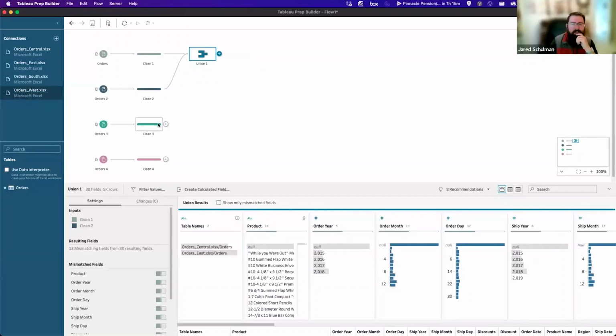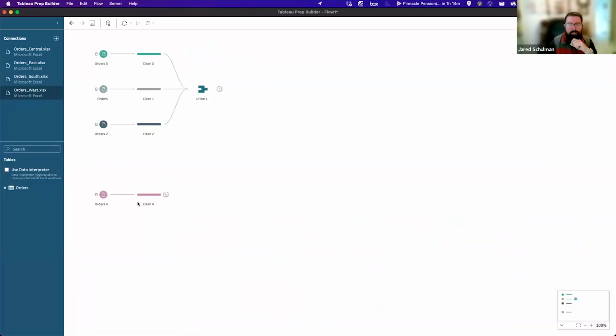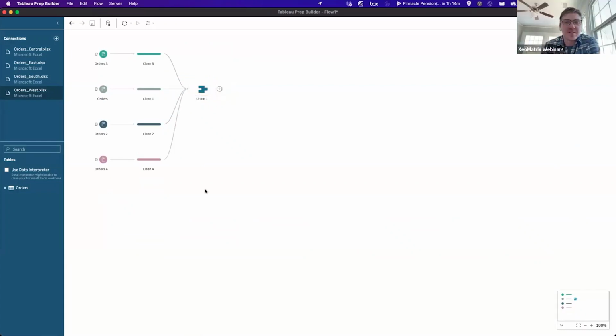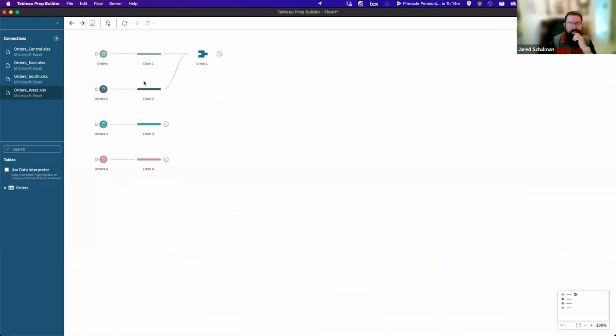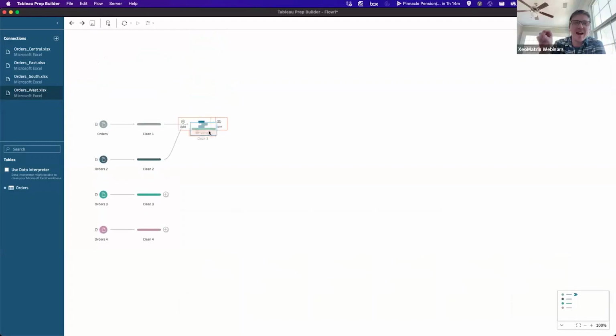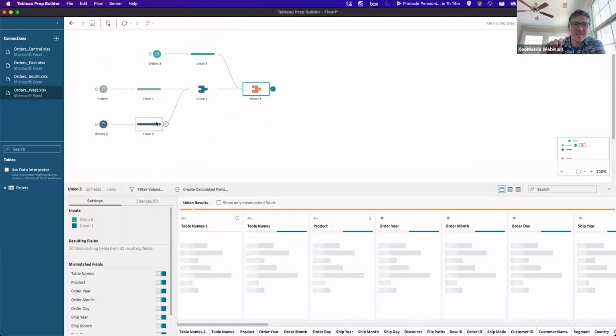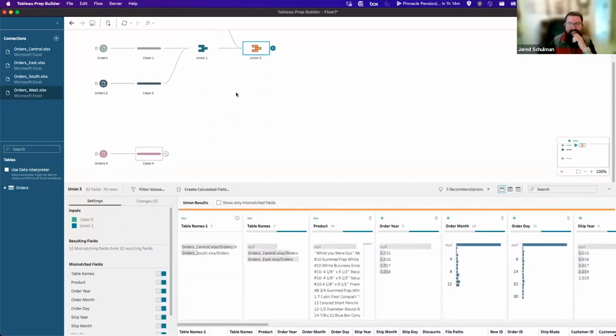If we want to add another one to that union, we can click and drag this up, and now it gives us a 3rd option to add it on the right, or on the left, excuse me. So we drop that on the left and we add that in. We'll do that for the last one as well. That's something I wrestled with because I think I wanted to drag and union it again. But the key is that once you've done the first union, you're just adding to it instead of creating a new one.